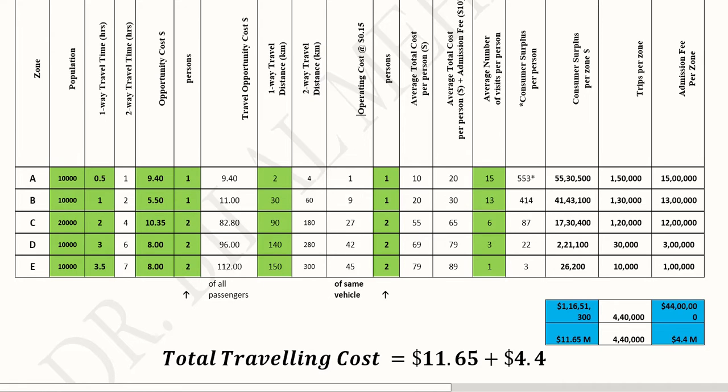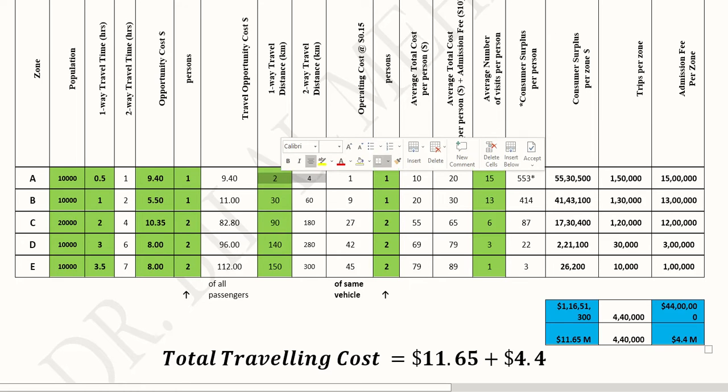So the operating cost is also given. This is the fuel cost that is required. It can also include other costs like maintenance costs, etc. So the operating cost of traveling, the mechanical aspects, the fuel aspects, it is also given per kilometer. We have $0.15. So this should be multiplied, and once we do this, you can see that we have done this as